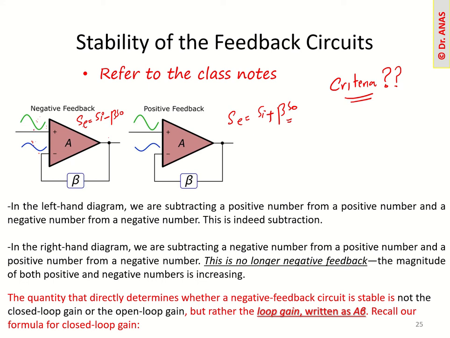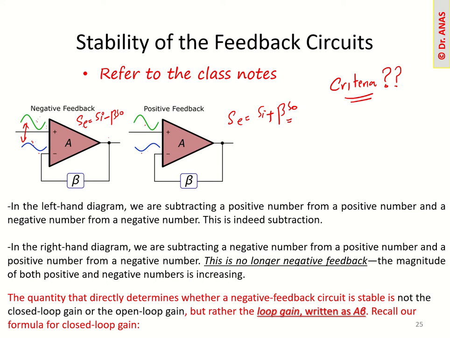In negative feedback you have in-phase inputs, and if you subtract them, you maintain stability. But in positive feedback you have out of phase inputs, one positive, one negative, and because they are out of phase, when you add them it affects the stability of the